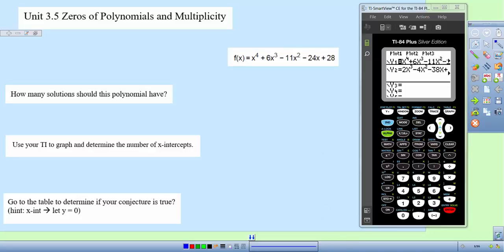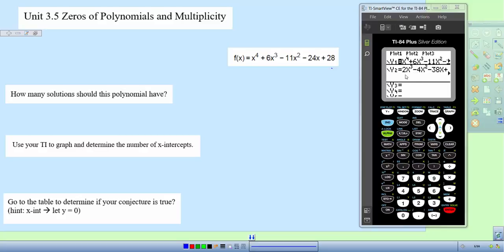Okay, to start off here, we're going to take a look at just the basic concept of what you're going to be doing in this particular unit 3.5, where you're looking for zeros of polynomials and their multiplicity. And so this is a quick introduction video. We're going to use our graphing calculator this time, and I'll show you how to plug this stuff in